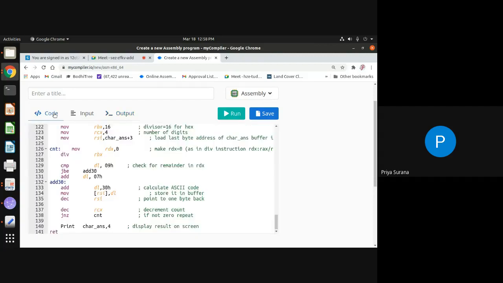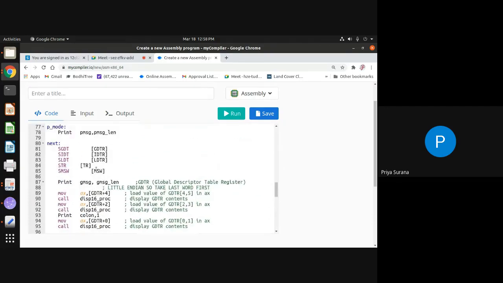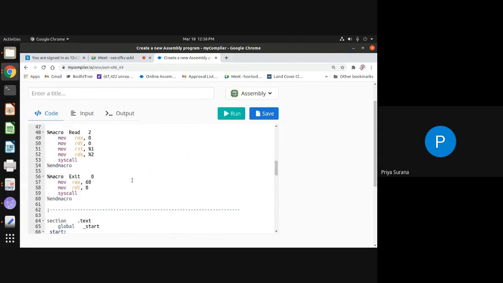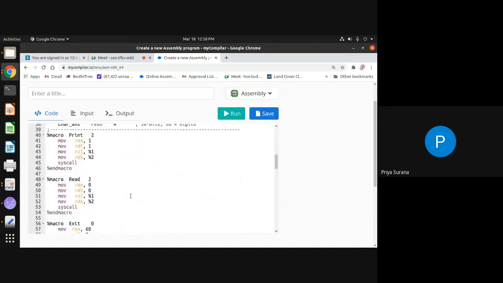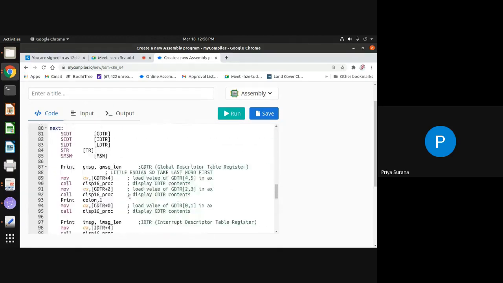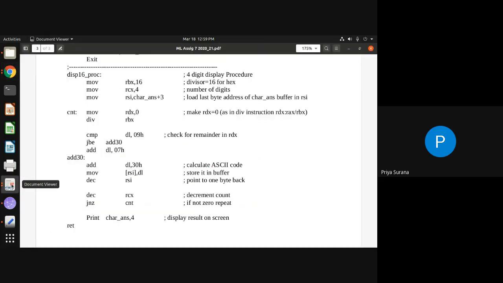Okay, so while writing a program, you are supposed to comment properly with a semicolon, and then you can write your program, so you can easily understand it afterwards if your program is well commented. Okay, so this is related to assignment 7 which we just discussed.